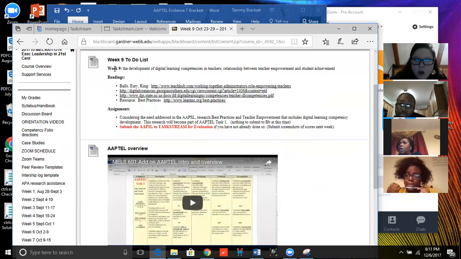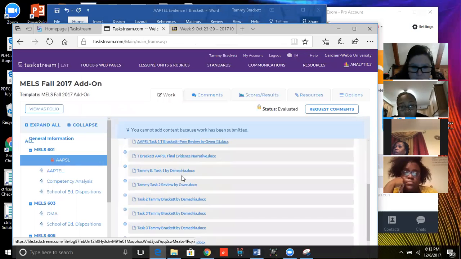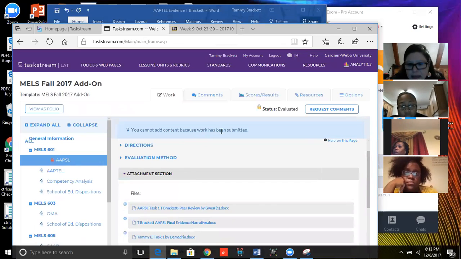But see, this on week 9 is where it said to submit the ABSL to TaskStream. And that's where I submitted my ABSL and the reviews that you guys gave me on my ABSL. So when I went to TaskStream, I went under the ABSL right here, and I can't add anything because I've already submitted.